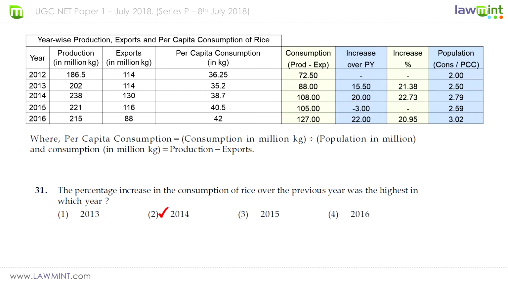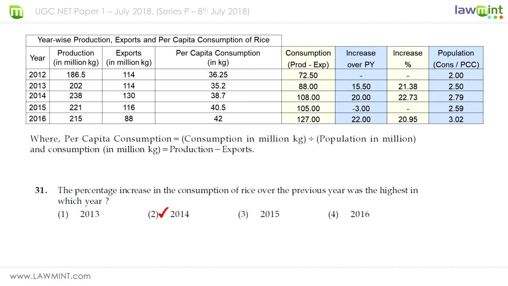Now, to calculate the consumption, we have to subtract exports from production, because if production is 186.5 million kilos and exports is 114 million kilos, then the difference is what is being consumed in the country. So we arrive at the numbers that you see in the first shaded column with the title consumption. The second column is the increase over the previous year. If we subtract the previous year's